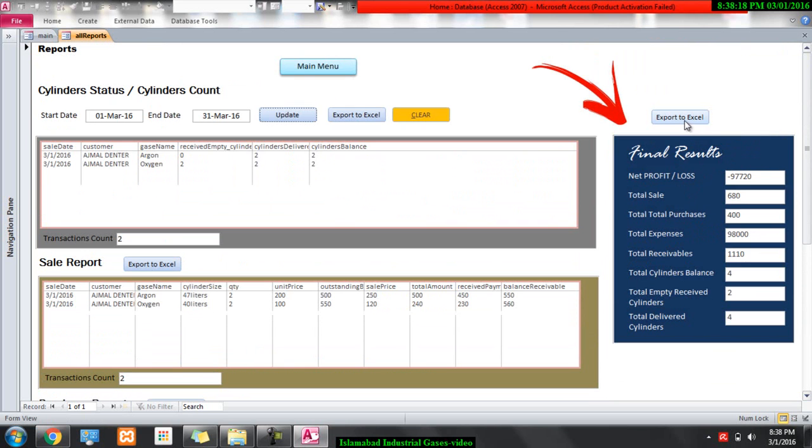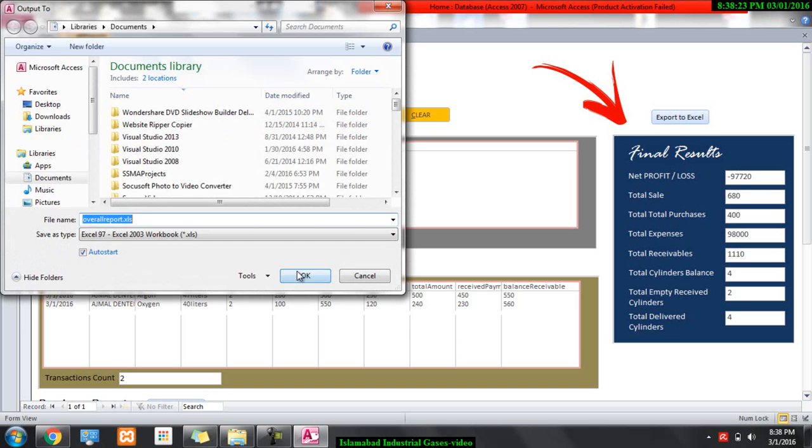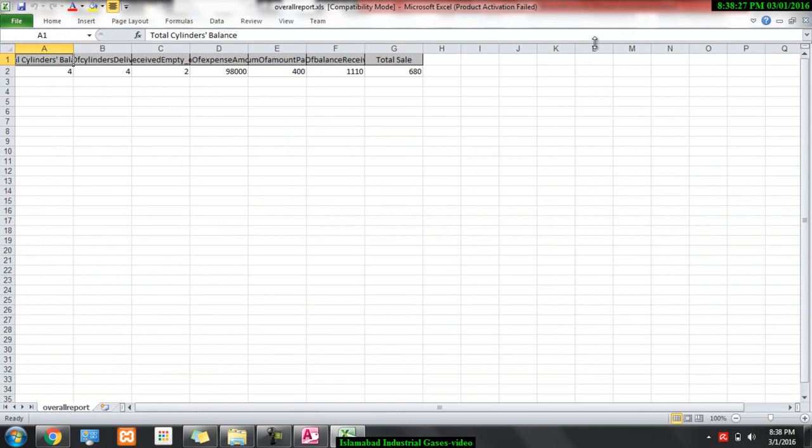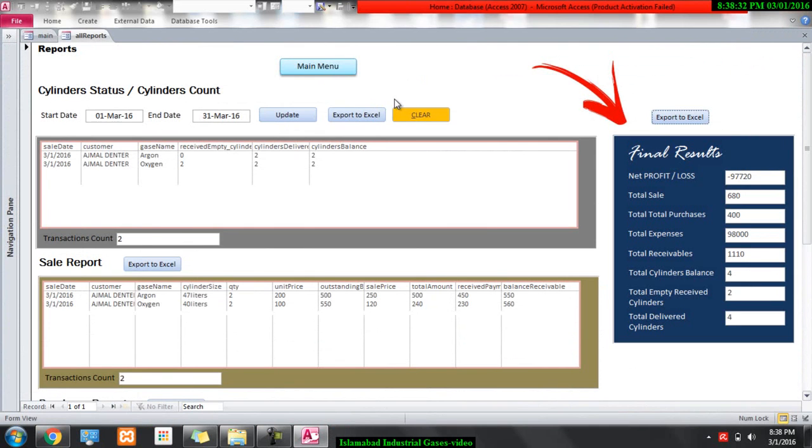Now we can export this data to Excel by just pressing one button. So you will click on export to Excel button, and that data is fully exported to Excel. Okay, now you can see all those columns have been shifted to Excel. In the same way,